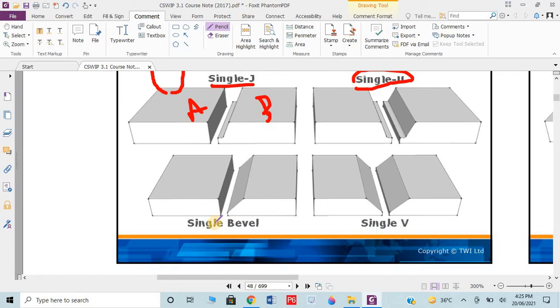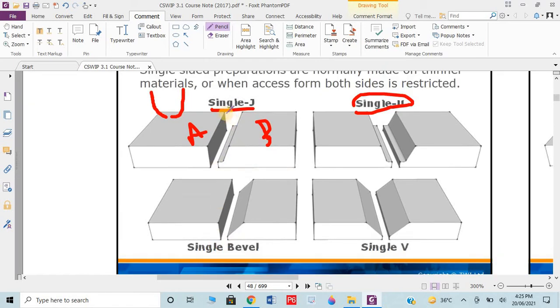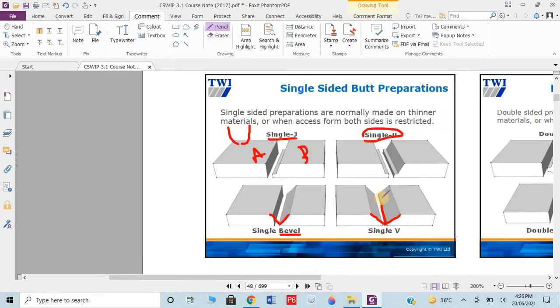Then we have single bevel. Consider single and double. Wherever one plate face is perpendicular with no joint preparation, and the other plate has some joint preparation, it is known as single. If you have J, then it's known as single J. If you have V, single V, then V is completely like here, that's why it's called V. If this is single, then it's known as single bevel. Remember this one. Here we have no joint preparation, but at plate B we have, then it is known as single bevel. If we combine two bevels, then it becomes a single V. I believe you got it.